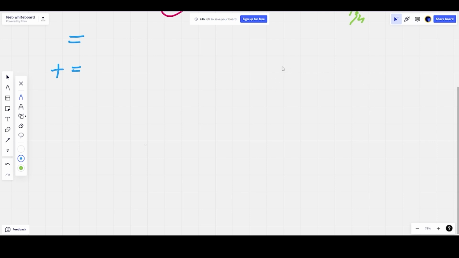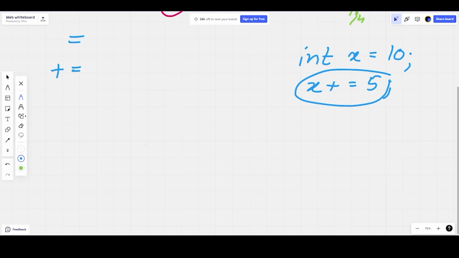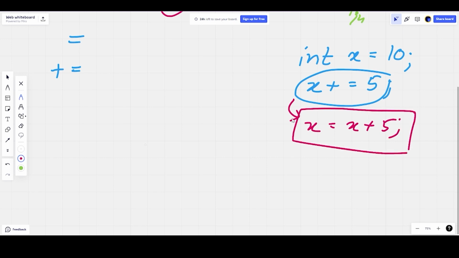For example, if int x equal to 10, and in the next line I write x plus equal to 5, what does it mean? This thing I can write as x equal to x plus 5. I'm writing this in a much shorter manner, which is how it is generally written in a C++ program.